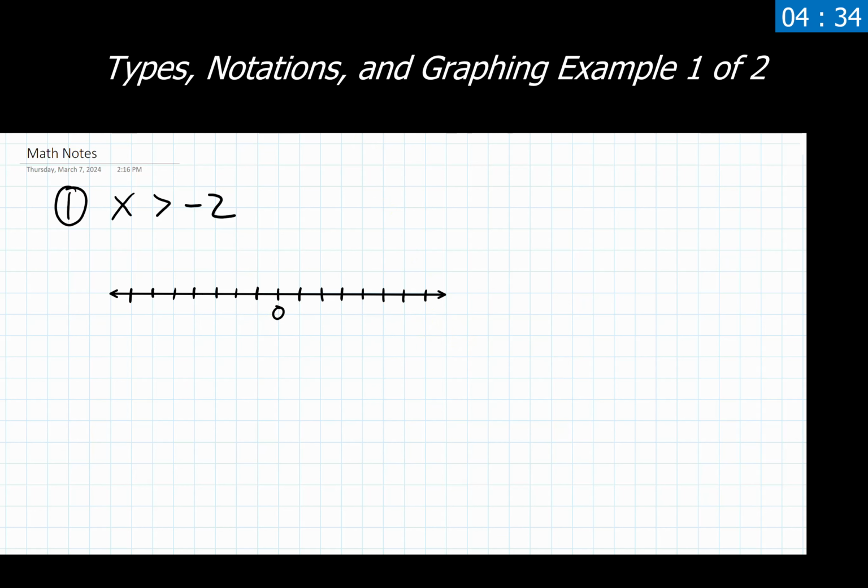So let's define, I think it's always useful to define which way is positive and negative first. So I'm just going to put a little positive here and a little negative here. So my positive and negative directions. Now I've been given x is greater than -2, so I don't really need to make these leaps from one tick mark to the next really big. So I could count by ones or twos. I think either of those would be acceptable. Whichever one I am choosing, I do want to stay consistent with that. So I'm going to go ahead and count by ones here.